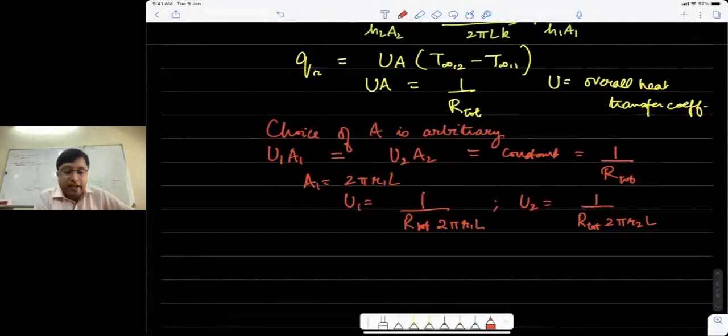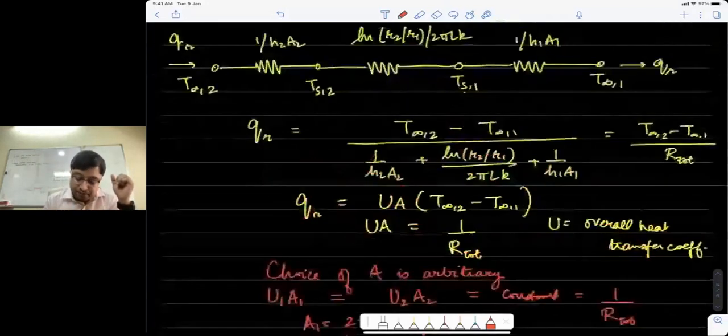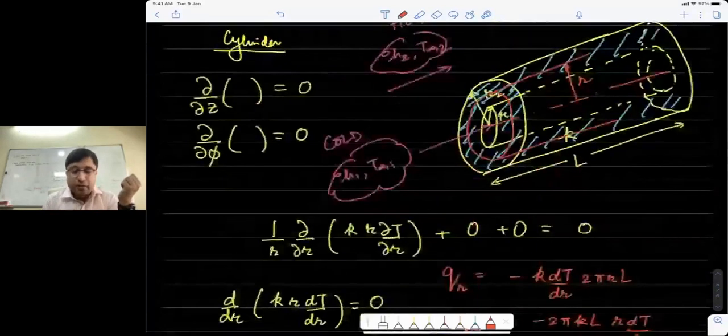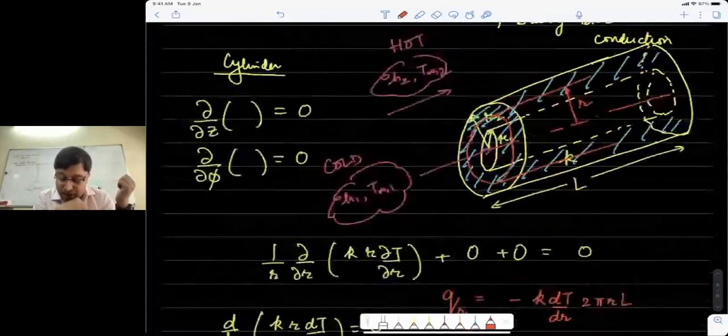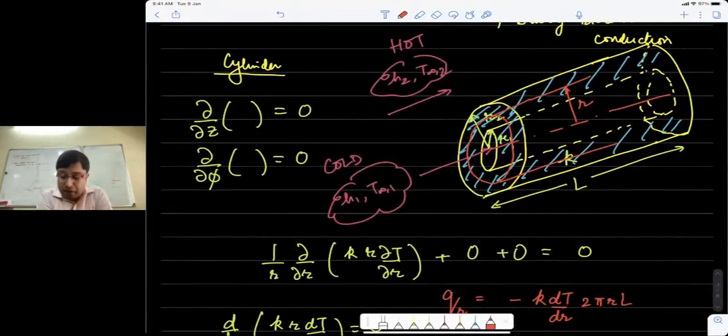What you should be doing, in these kinds of systems, if you're trying to exchange heat between an outer fluid and an inner fluid, is try to minimize resistance. So what could be different ways of minimizing resistance? Let me ask this question now that we have covered so much on this. Can someone share how we can minimize resistance in this problem?